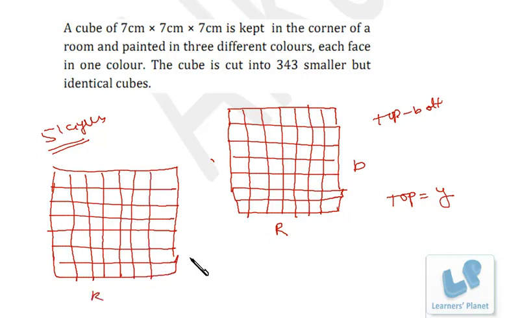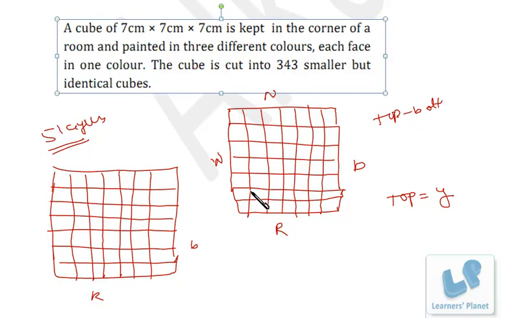Okay, now further, this is red, this is blue, and it won't be having any top that is colored. So all these pieces will be having no color, right? Now quickly we just write down the number of exposed faces of the smaller cubes. There will be 343 smaller cubes. Okay, this side and this side is no color, right?